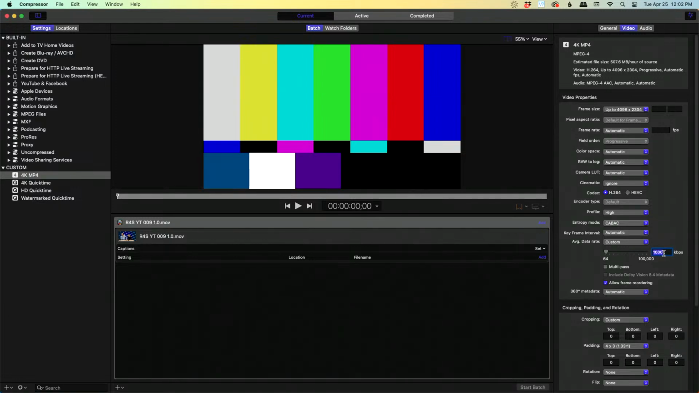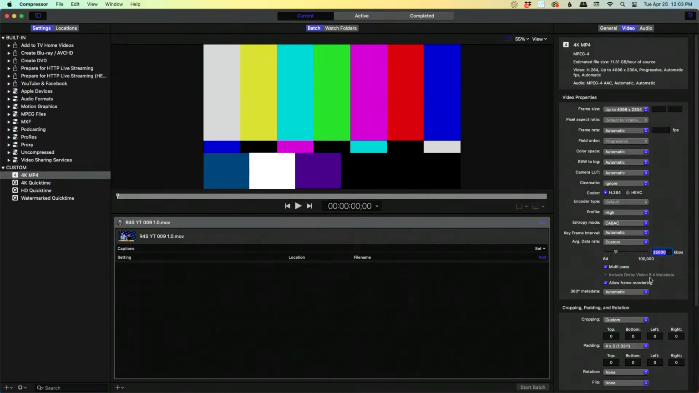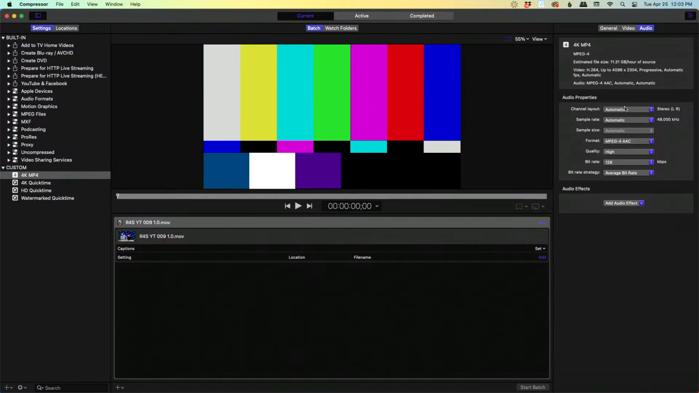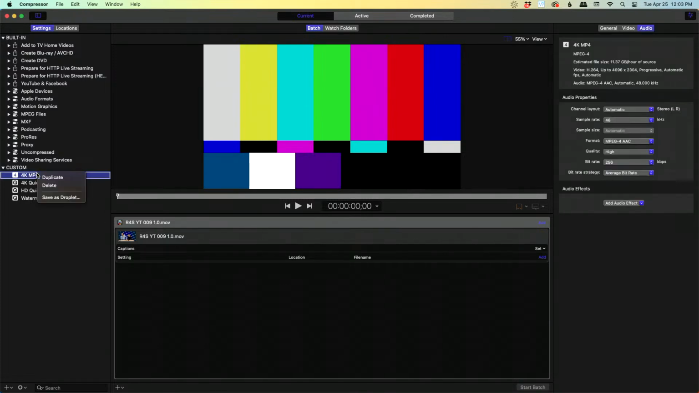And since this is 4K, let's go 25 megabits per second, and multipass. Okay, no video effect on this one. Audio, stereo, let's just stick with automatic. 48 kilohertz, MPEG-4 AAC, and excuse me, put that up to H.264, no audio effects. 256 kbps. So now we're going to